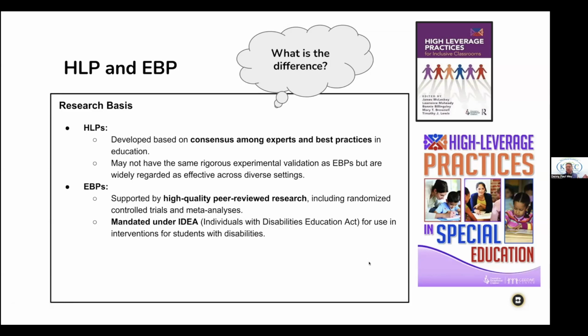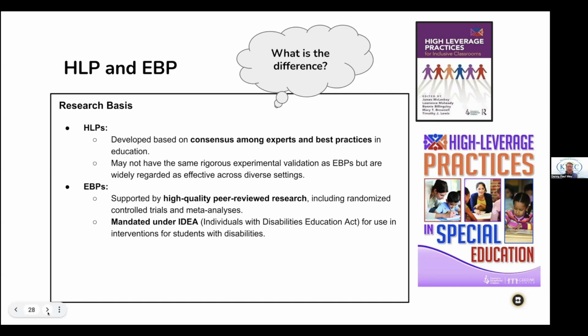Sometimes we say, oh, it's evidence-based, but you really have to search behind the lines and look a little deeper and make sure that it's been peer-reviewed, because peer-reviewed means it's an independent review of that. If you buy a program that's supposed to do all your specially designed instruction for you, the company is going to do their own research, and they're going to give you some data, and it's going to say that it's effective, right? But we need to look for independent evidence reviews of peer-reviewed research to make sure that we're using things that are tried and true and that work.